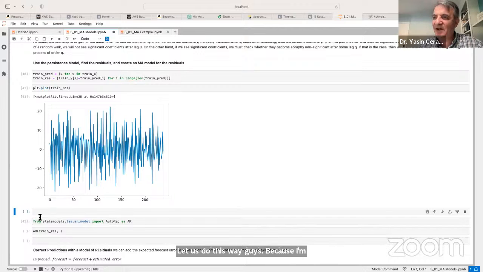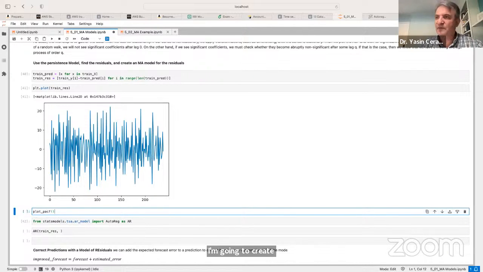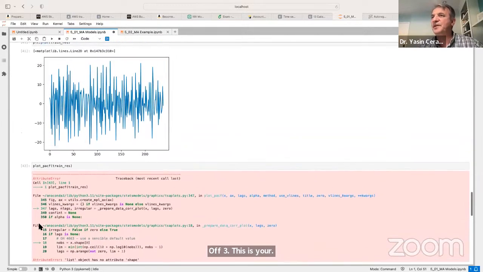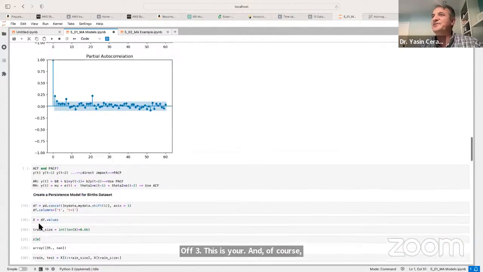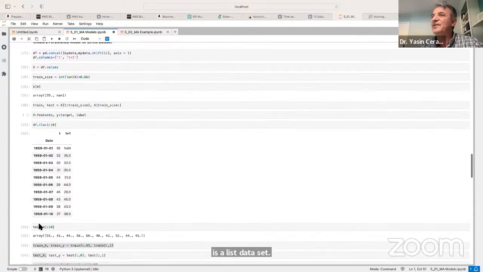Because I'm using an AR model, I'm going to create the PACF of train residual. And of course, this is a list data set, so that's why we don't see the